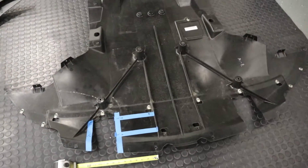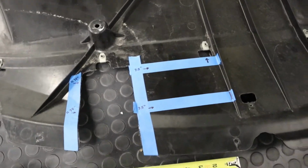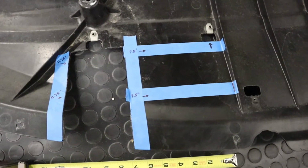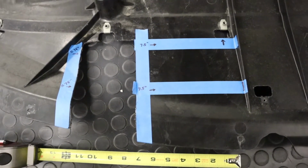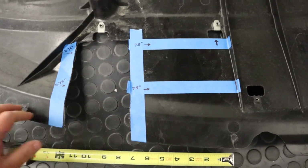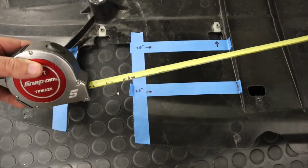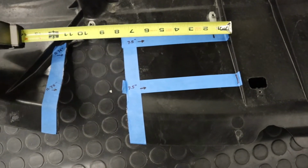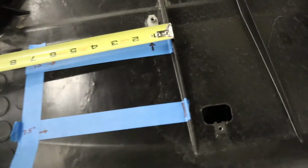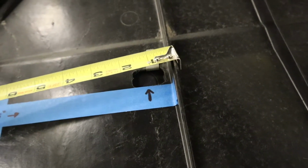We've got the under panel removed from the car. We're gonna start clearancing this for the mounts that we're gonna have bolted up to hold the splitter secure to the car. So you're gonna want a couple pieces of painter's tape, and you're gonna want to get yourself a nice tape measure here. And what we're gonna do here is, if you see this rib, we're gonna place the tape measure on the other side of the rib,